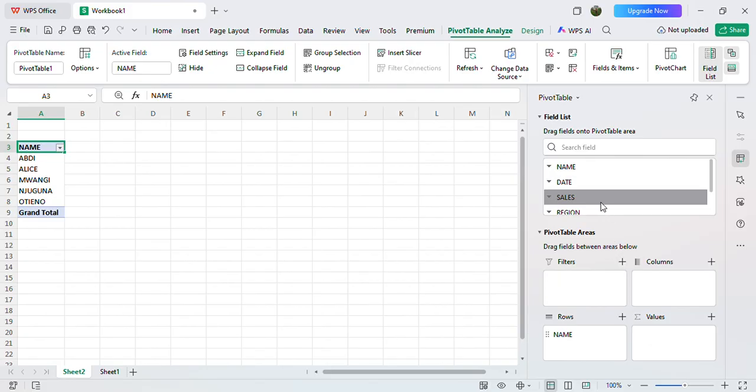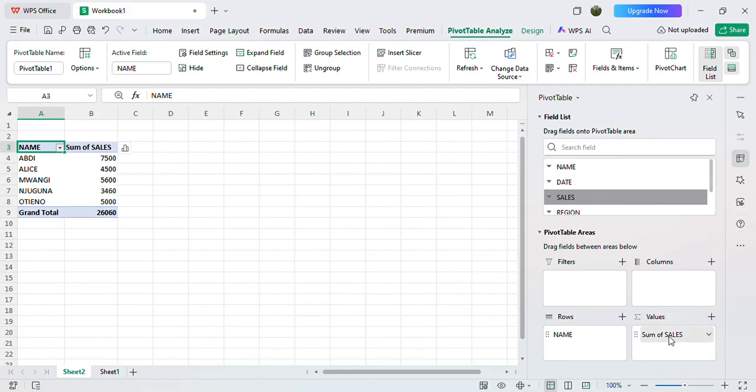So let me drag and see what happens. We long press, drag to values there, then you leave it there. You can see that the total sales made by each and every individual is indicated in our pivot table here.